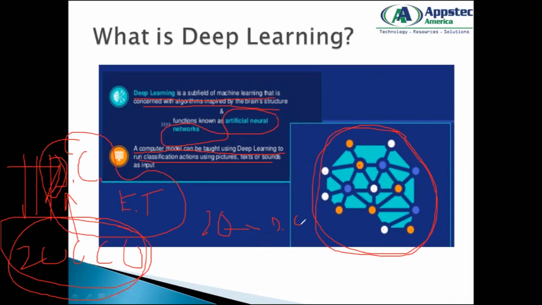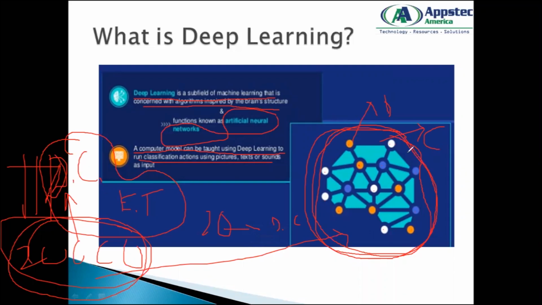So now when I create a deep learning model and then I pass on these 2 lakh images, what I'll do is, these 2 lakh images would be utilized by my deep learning model to understand how a dog looks like and how a cat looks like. So first I have to train this neural network, as we call it in deep learning.